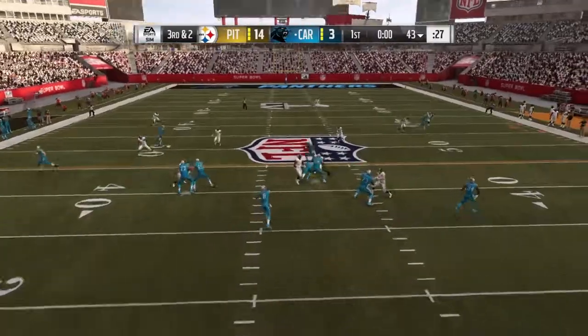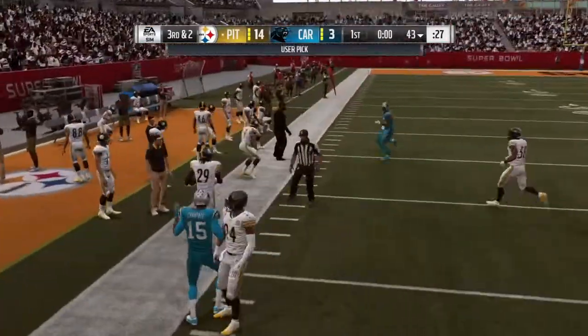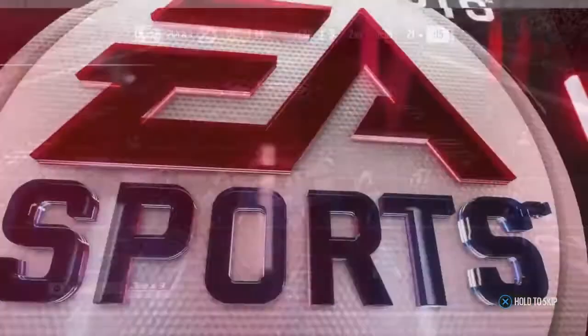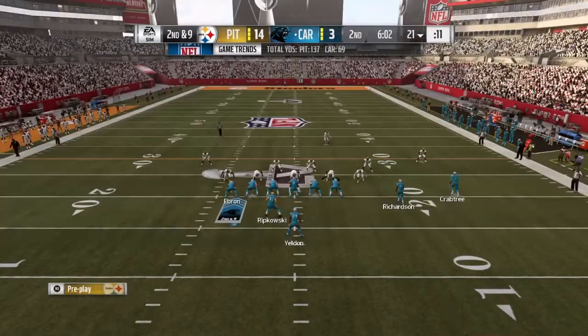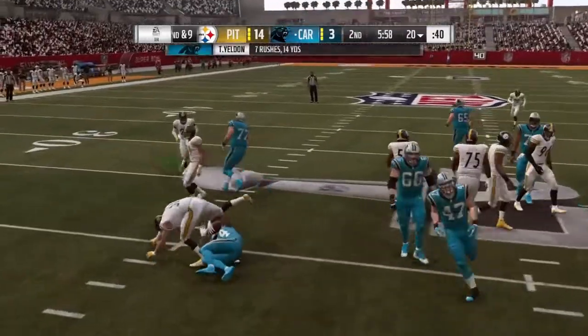3rd and 2. Here's Jackson. Into double coverage, and it's intercepted. Picked off at the 46. Now from the 21. Here's again to Yeldon, and he is met in his...